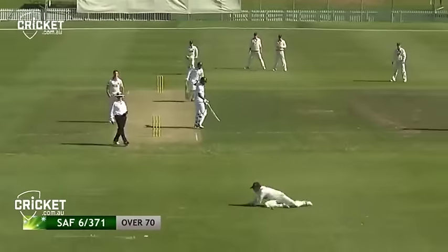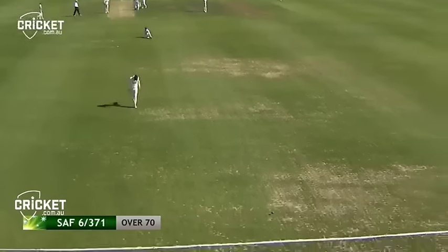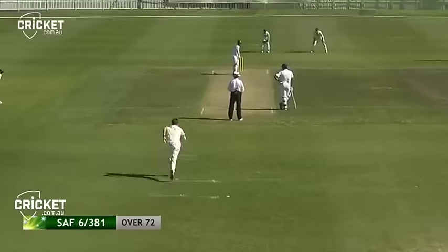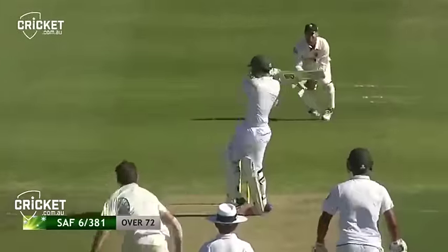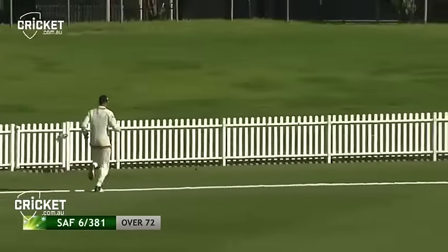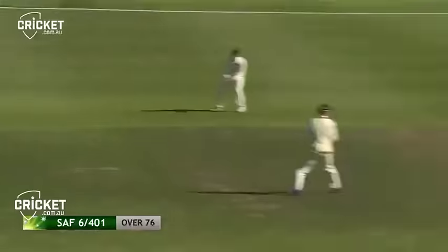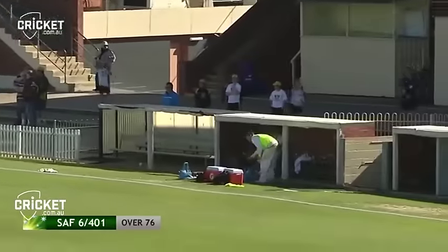It's a beautiful shot down the ground, and that's going to get through, and that's 4 as well. Another 4 to Quinton de Kock. He's hitting the ball beautifully. He moves to 58. 2015 with the way Moeen Ali batted at times, didn't we, as we watch again. And he's hit that one a bit finer, and that's going to race away to the boundary for 4. So David Grant just losing. Don't want to be too harsh on the fielding team today. Beautiful shot from de Kock. He just leans forward into that, doesn't try and hit it too hard, and once again